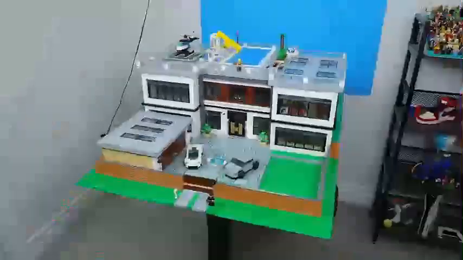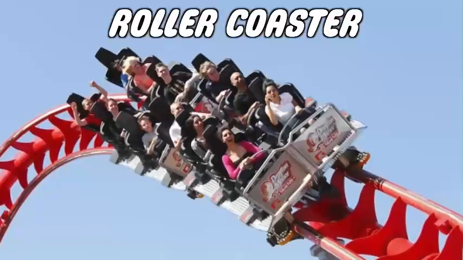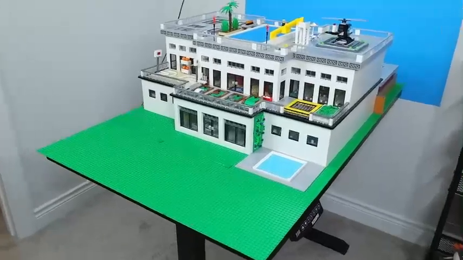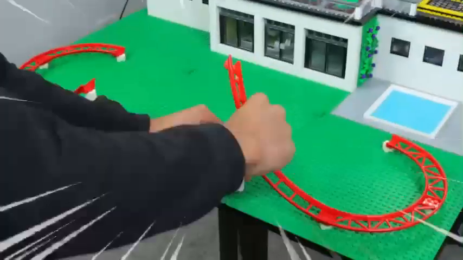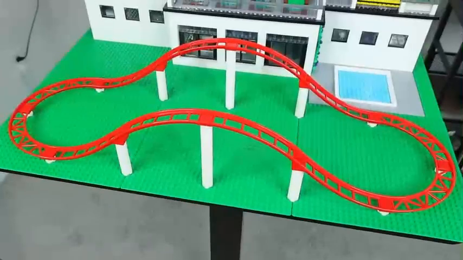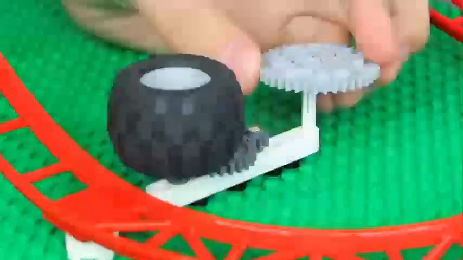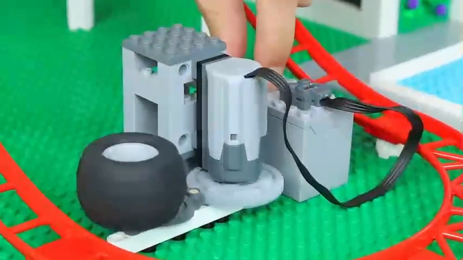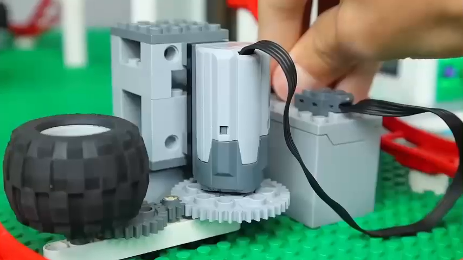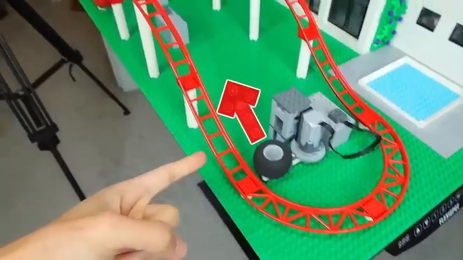And for the final, biggest upgrade to this house yet, I want to build this house its very own roller coaster. And because the entire backyard of the house is empty, it's gonna make the perfect place to put one. So I started by building a custom track which goes in a circle, a small cart to put our Lego man. Then I spent the next few hours building this small battery powered Lego device which rotates this tire and will propel the cart forward. Here we go.